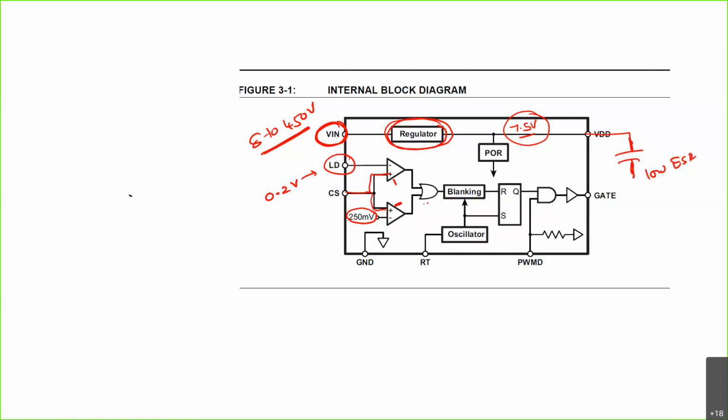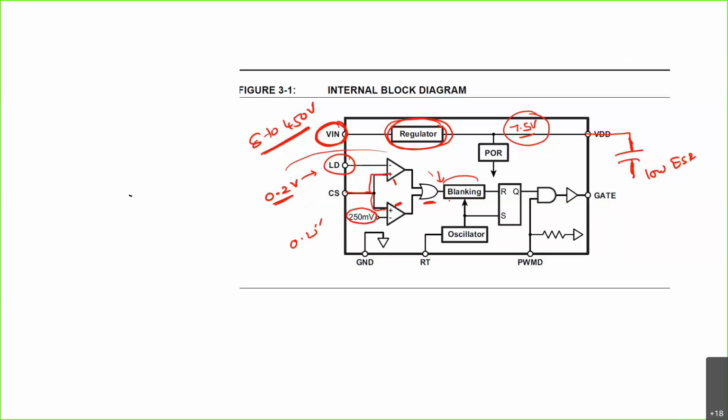After that, we have this OR gate. So what should be the output of this one? Whichever is the lower one will be given. In this case, it is 0.25 volts and this is 0.2 volts. Therefore, this preset is 0.2 volts only. So the outputs of these comparators are connected to this OR gate.